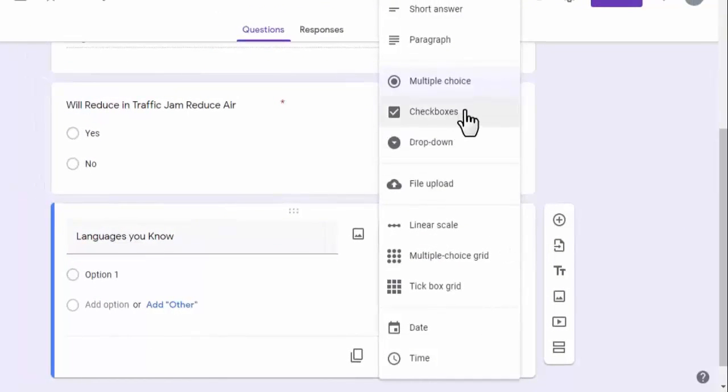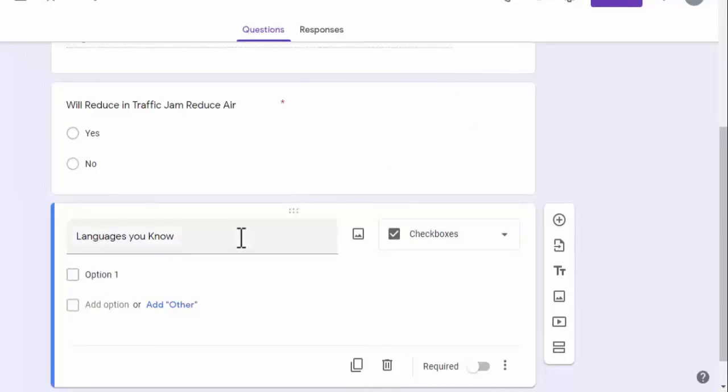Now we will select checkbox format for this question.